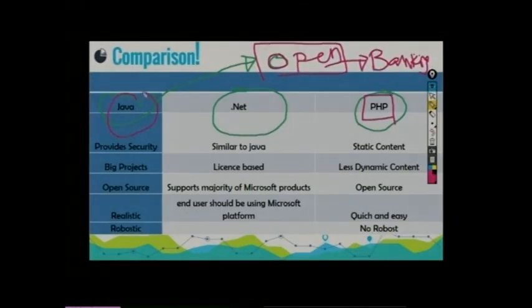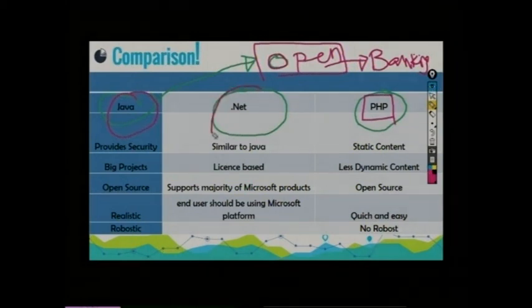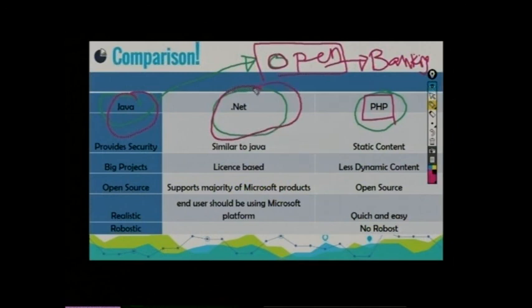I mean, PHP is not used for large-scale applications. So what do people use? In this case also, people will use Java as their programming language. And what is the importance of .NET and Java? There is equal importance for Java and .NET, but Java is open source, and .NET is Microsoft's